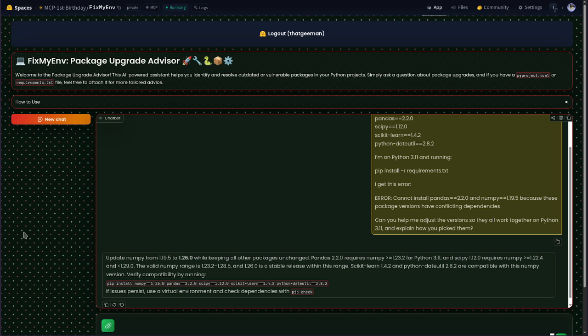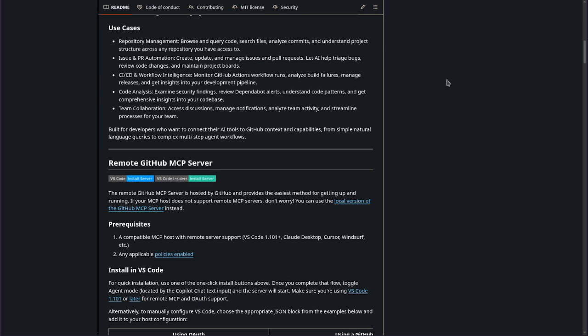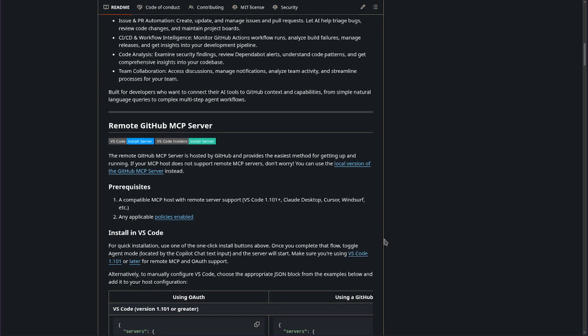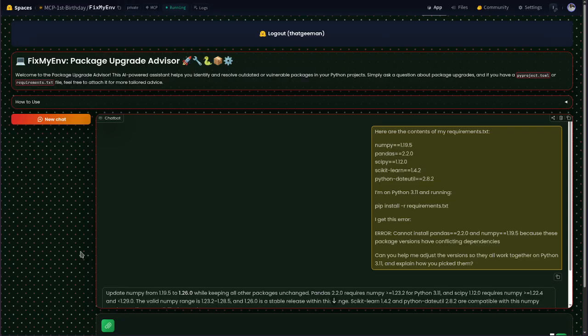To give you a hint on what it does, it uses several tools, internal and external. So external tools, if I were to name a few, it uses the GitHub MCP server. It is a publicly available server which you can place a request to about any public repositories. It also uses the PyPI index, which is an API where you can place a request to know more about any Python packages and its dependencies,